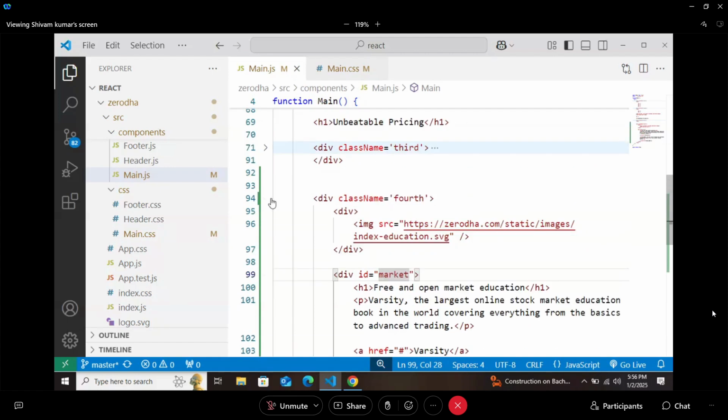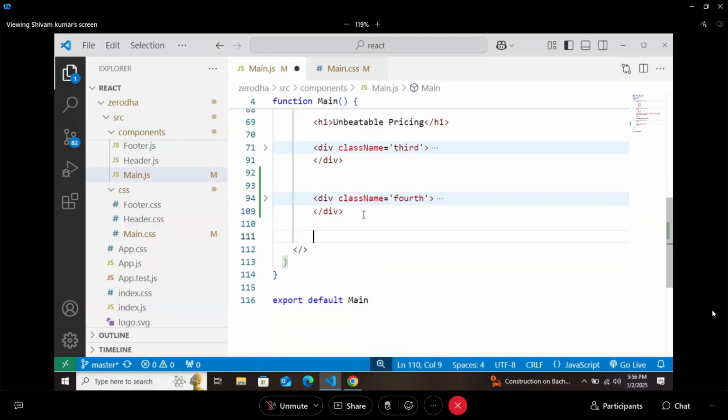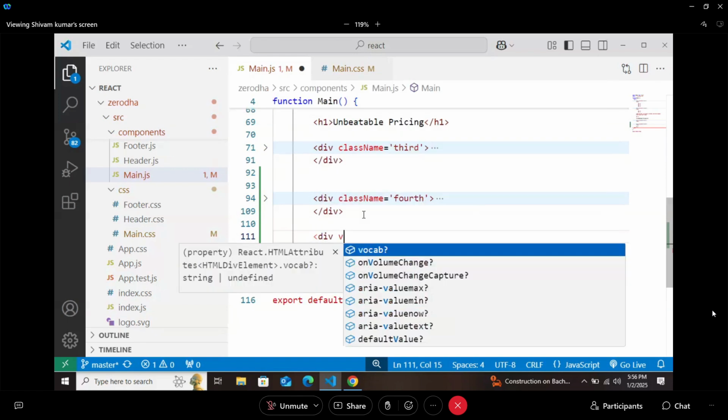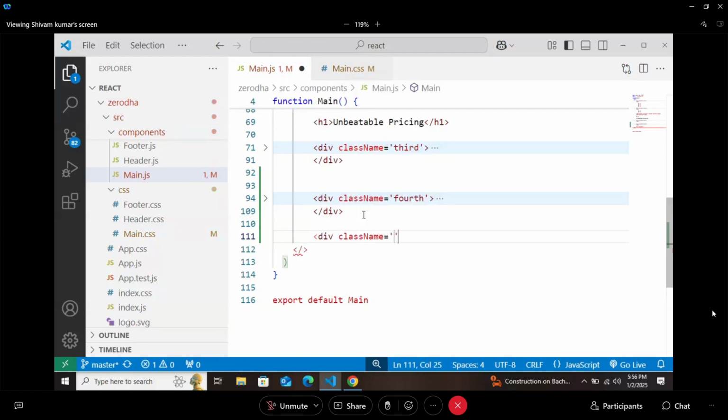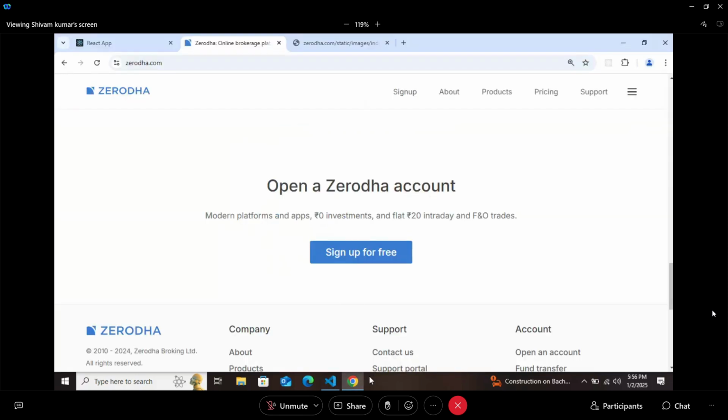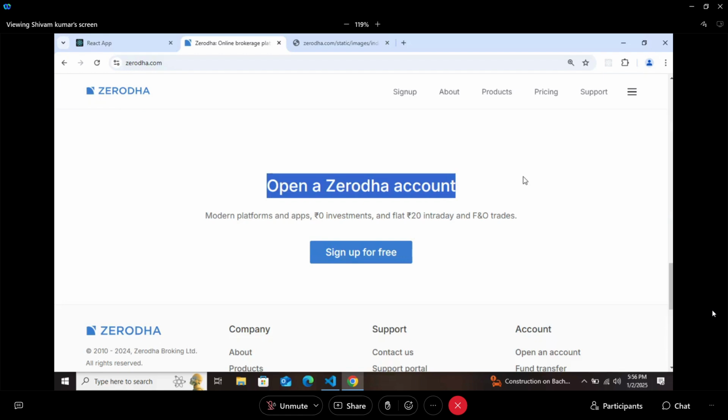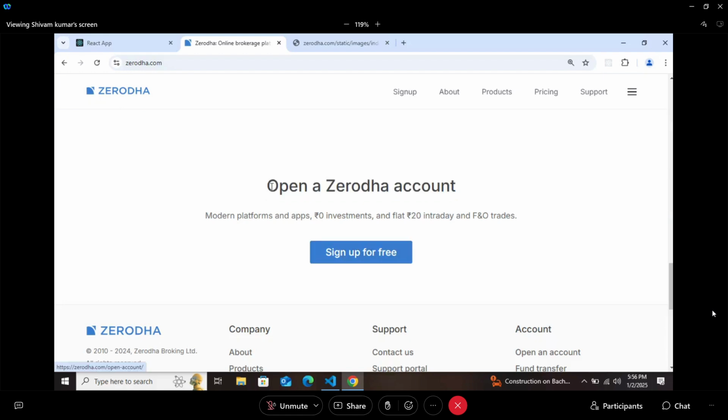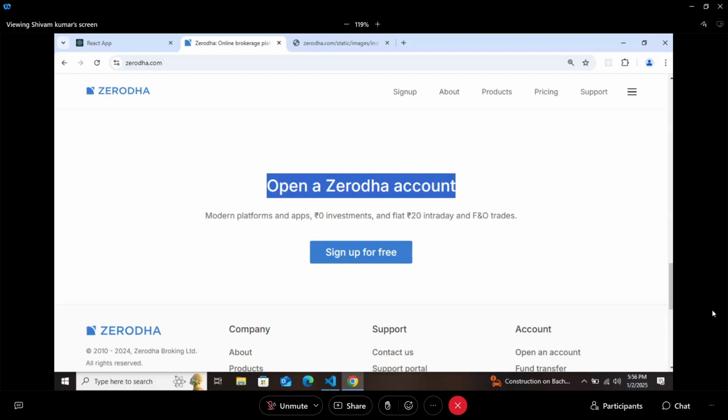So fourth part, now we can close. Okay. Inside this, heading, paragraph and button, simple thing is there.